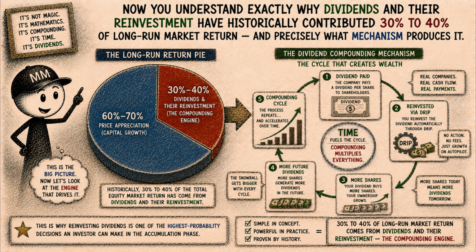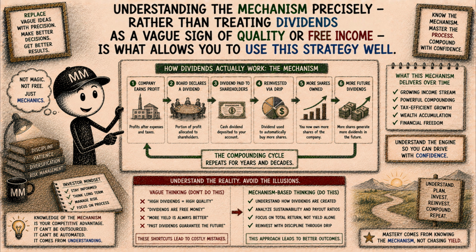Let's come back to where we started. Over long multi-decade periods, dividends and their reinvestment have historically contributed somewhere in the range of 30% to 40% of the total cumulative return of broad equity markets. You now understand exactly why that statistic is true and precisely what mechanism produces it. A dividend, mechanically, is not free money. It is a transfer of value from share price into cash, with the same total value immediately before and after